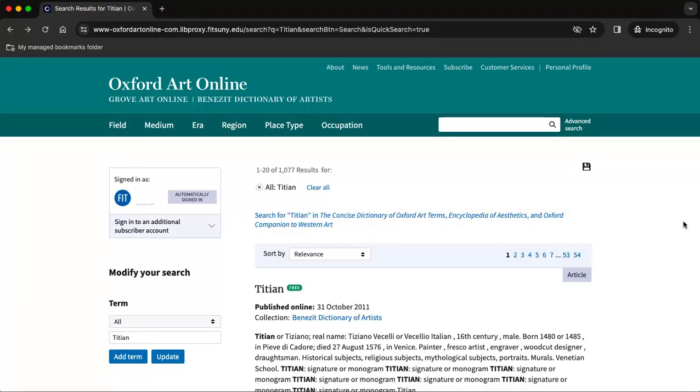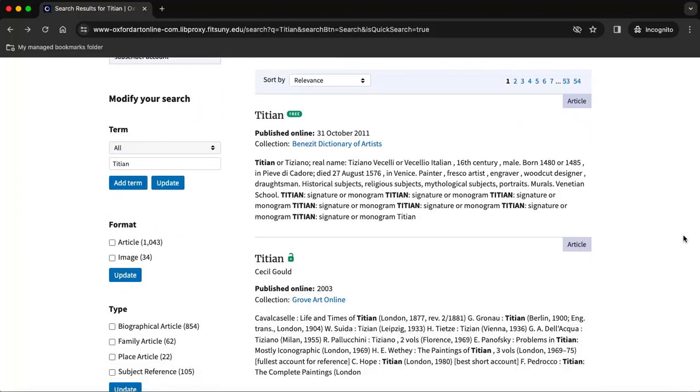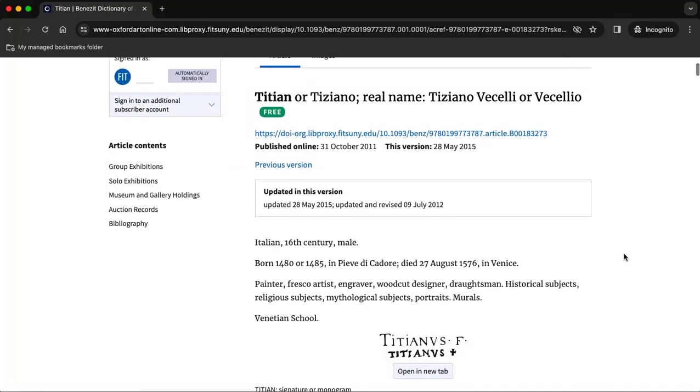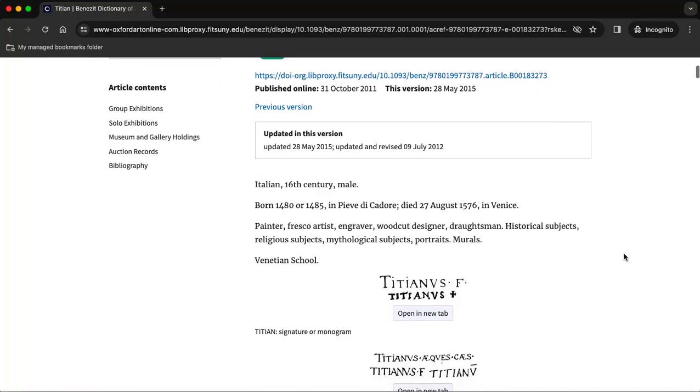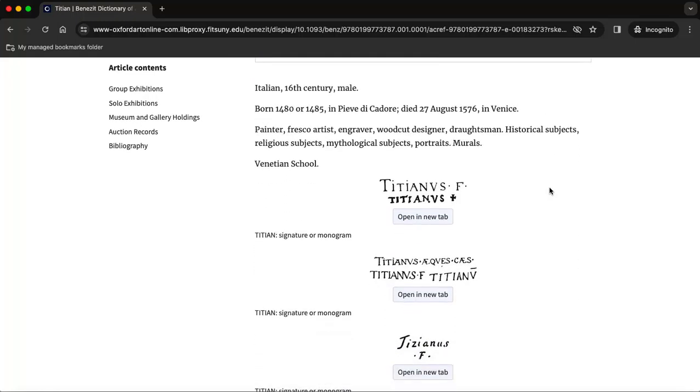So you can see that I've received over 1,000 different results for this search. And if I scroll down, you'll see that the first couple are essays, 2 different ones by different people, published on different dates, about the artist. So I could click on either or both of these. So let's start with this one. And it will give you more information. It's going to tell you when it was last updated, and it's also going to give you information about his background,